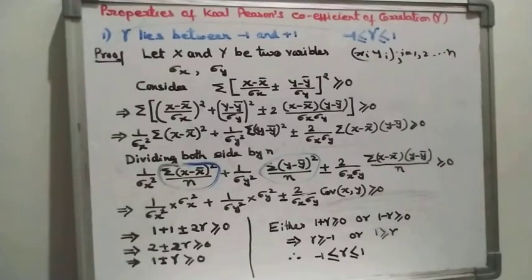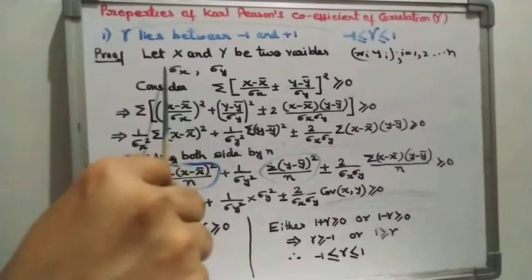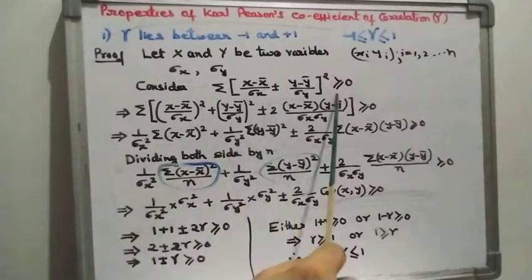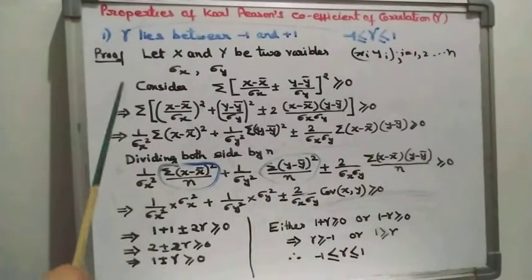So, the rho value cannot be greater than 1 or less than minus 1. Or you can do this proof in reverse also. You start with this, then you write this, then from this you will get this, then multiply by 2, and then we can write it this way. In the reverse order also, if you get something which is universally true, then hence the proof. Or you start with this consideration and show that rho lies between minus 1 to 1.